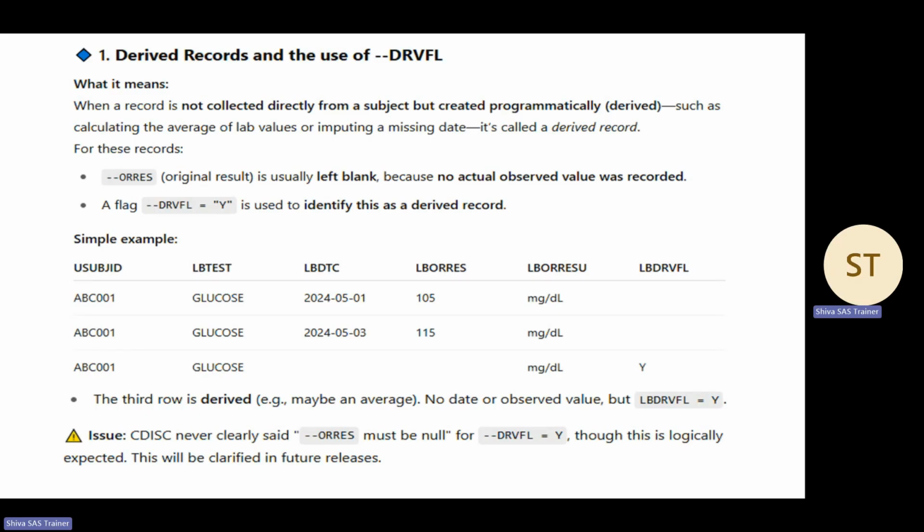Whenever we are deriving a new particular record in the SDTM, like here you will see in the below box, the LB test glucose, the third record was derived. Either it may be average, minimum, maximum, or some other derivation used to derive a particular record in the SDTM. So we have no chance to include the derived average value in the LBORRES field because